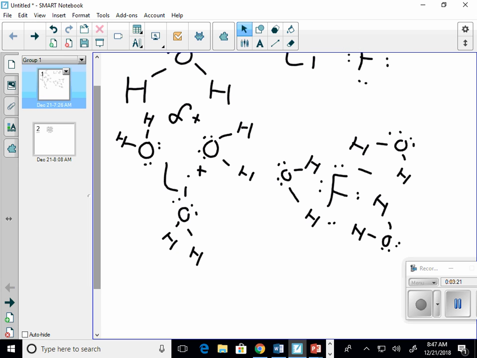Notice how one water molecule isn't used for both ions. I know some students try to cheat that a little bit, where if I just put one big water in between the lithium and the fluoride, I can count it for both. That's not how it works. Again, water can't do double duty in that sense,